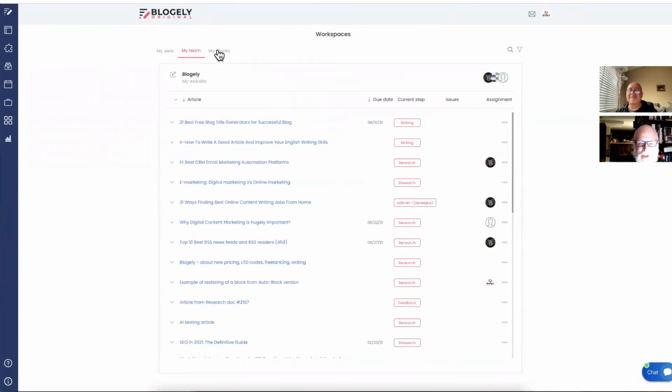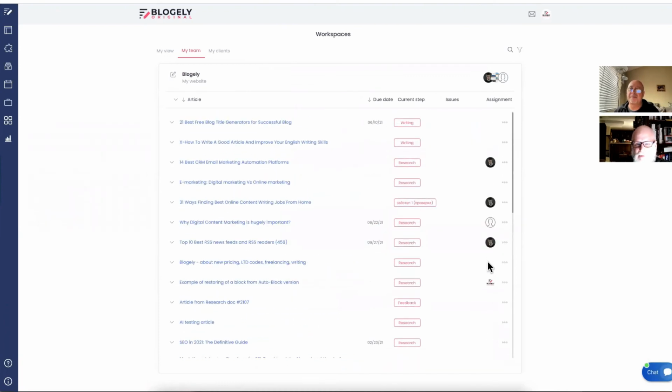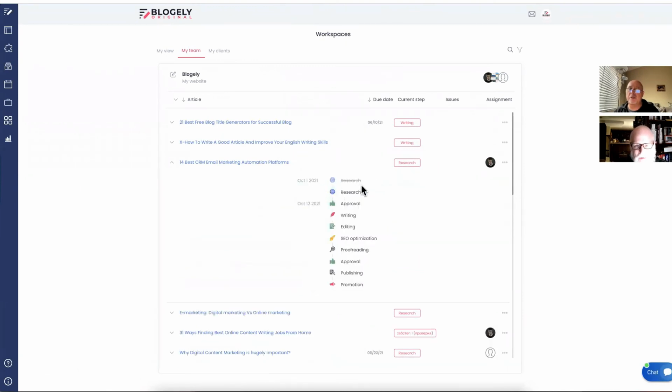Now, I thought I was paying attention. So what is this person's head that shows up here? That is the person with the current step. Exactly. So if you click here, you can see, okay, research is done. The current step is this research, and the next is here. And this is the person who is assigned to this. So basically you'll see only one head at a time. Right.